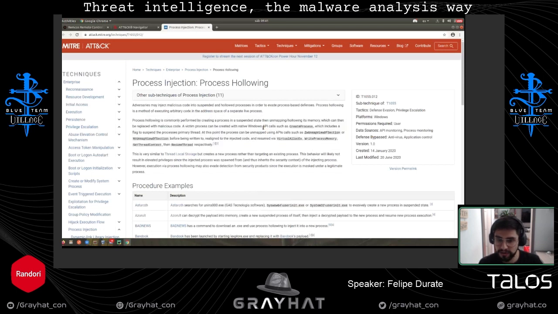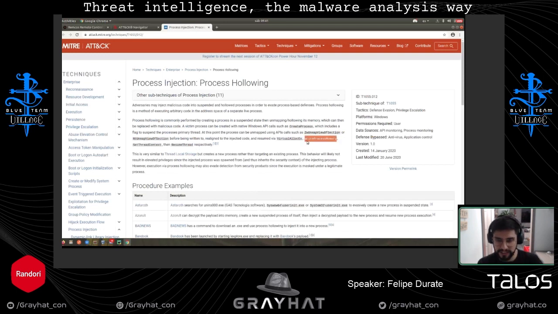And what is more interesting for me is basically to get an idea about which API calls were used. So CreateProcess was one, UnmapViewOfSection was another one, VirtualAllocEx another one, WriteProcessMemory was the other one, and that's it. So why is this important? Because at this point I know which APIs I need to monitor. So I can set a breakpoint in each of those, and I can validate if actually this is process injection.